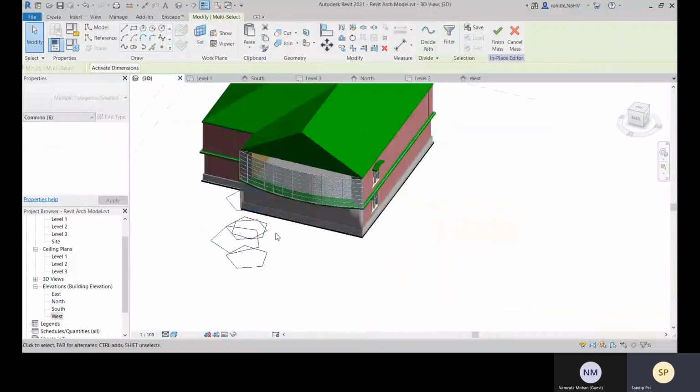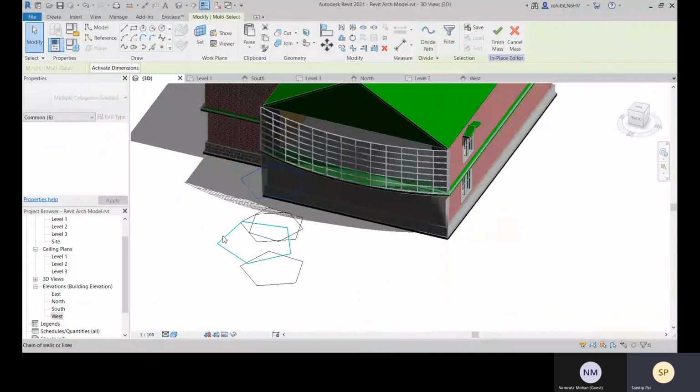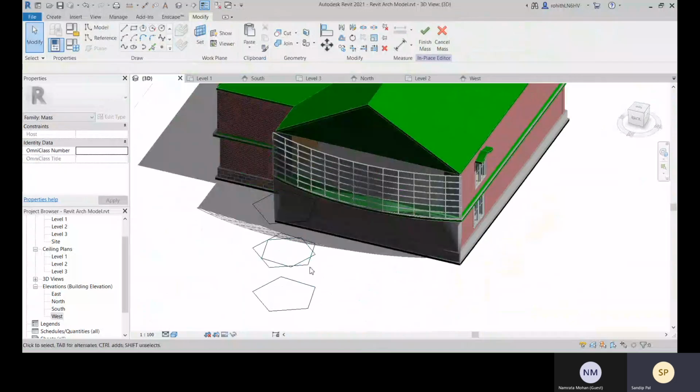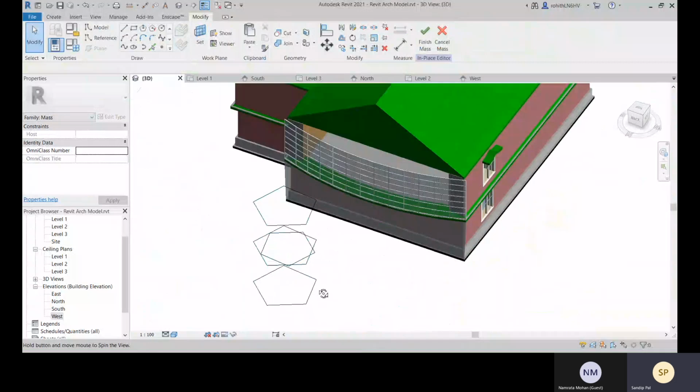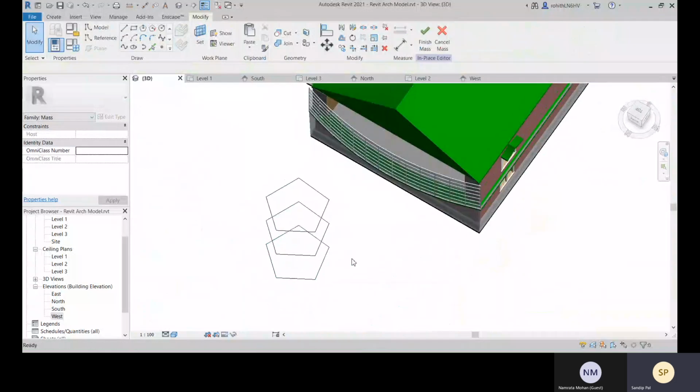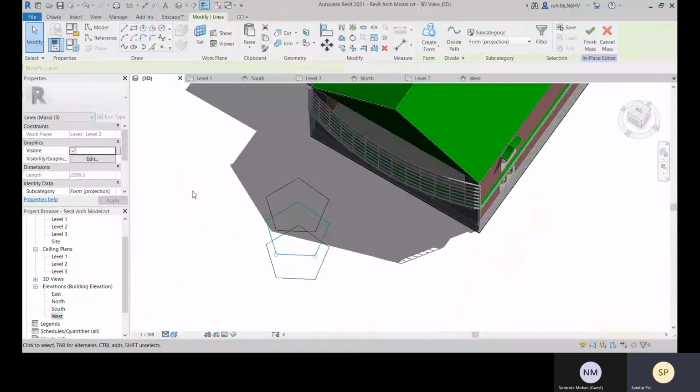Yeah, so I couldn't see it properly, so I have made this mistake. This one will be deleted, and now let me rotate it.